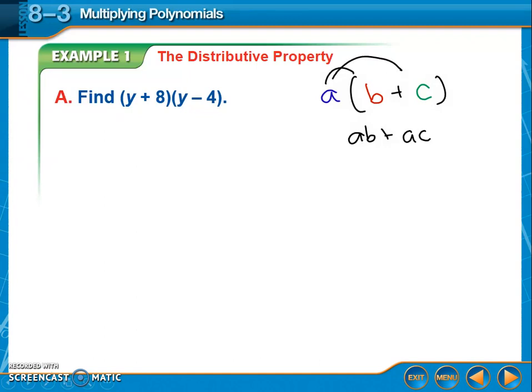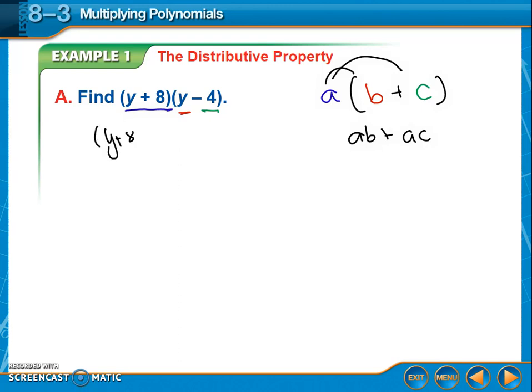So in our case, we're treating this first part here as if it was the A, as if it was the B, or C. So when I do A times B, so the blue times the red part, I'm getting